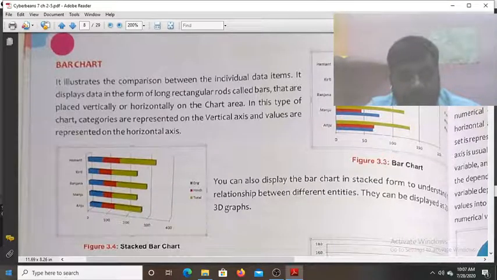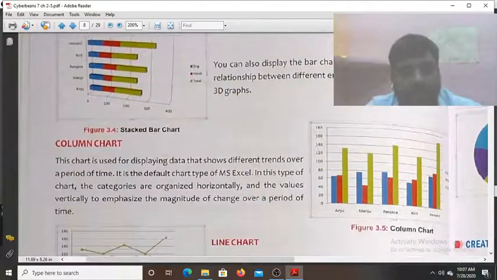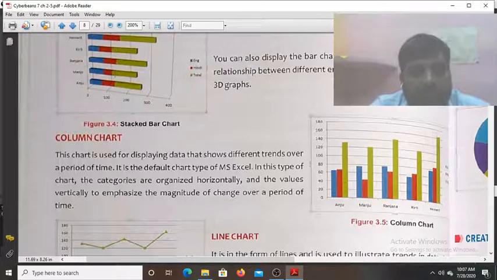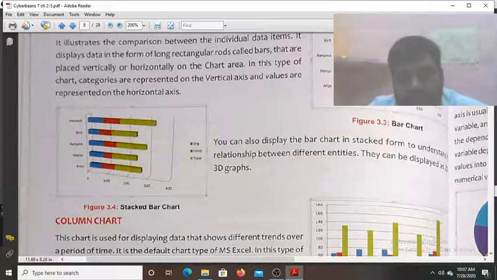So in the form of the stacks, as you can see. Next is the column chart. Here, as you can see on the same chart, one student each marks you are seeing here on the stack chart. Suppose here Kirti, for Kirti in the bar chart you are seeing three bars: one in green color, red color, and blue color.